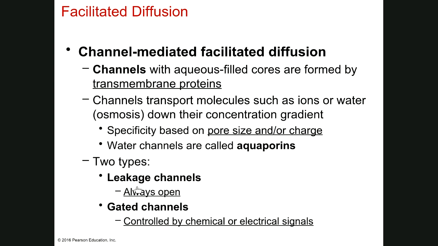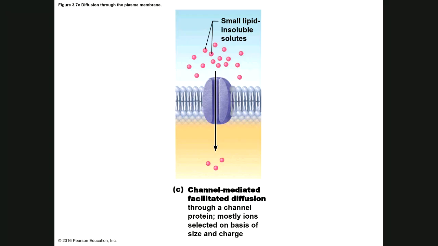Two main types of channels: leakage channels are always open. I just mentioned the most famous type of leakage channel, and that's the potassium leak channel. Gated channels are controlled. They're going to open or close based on some sort of chemical or electrical signal. We did talk about that in chapter 2, or maybe the first part of this chapter. And here's just a picture again of